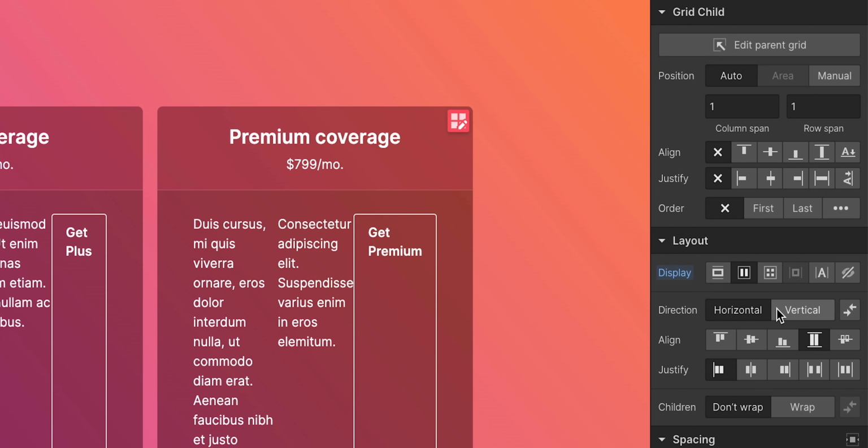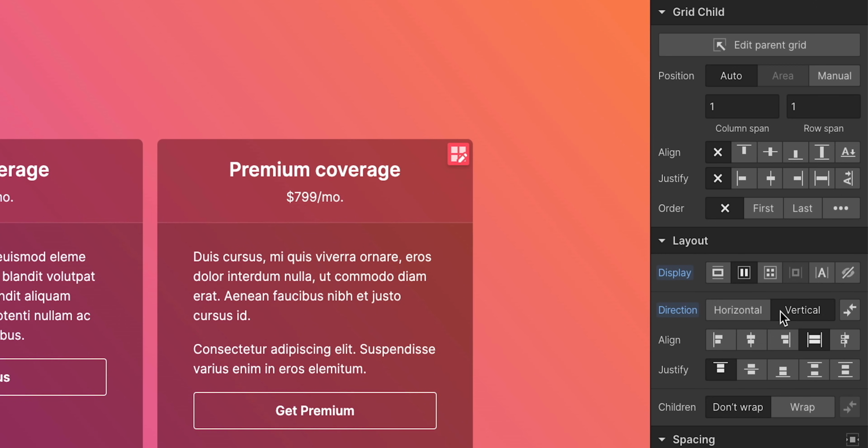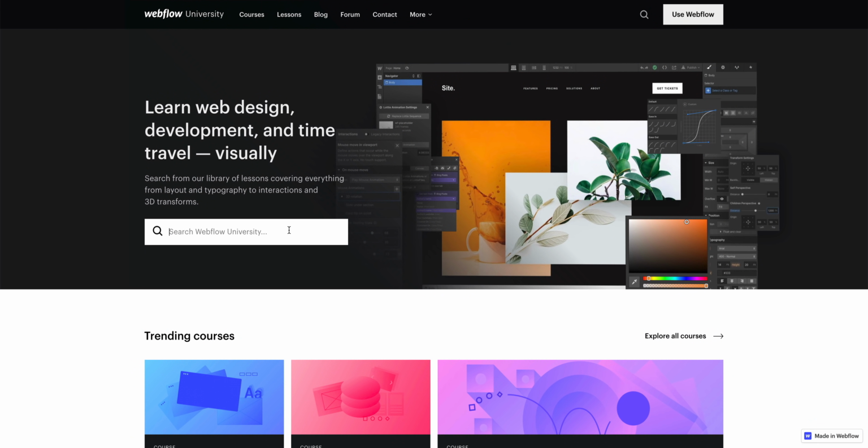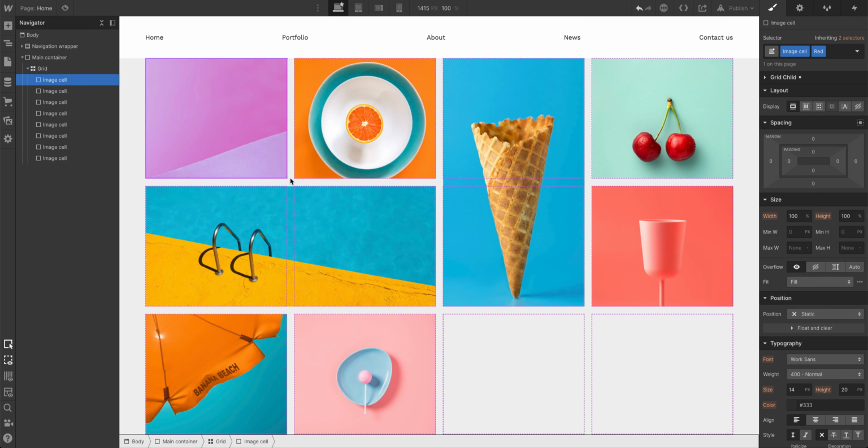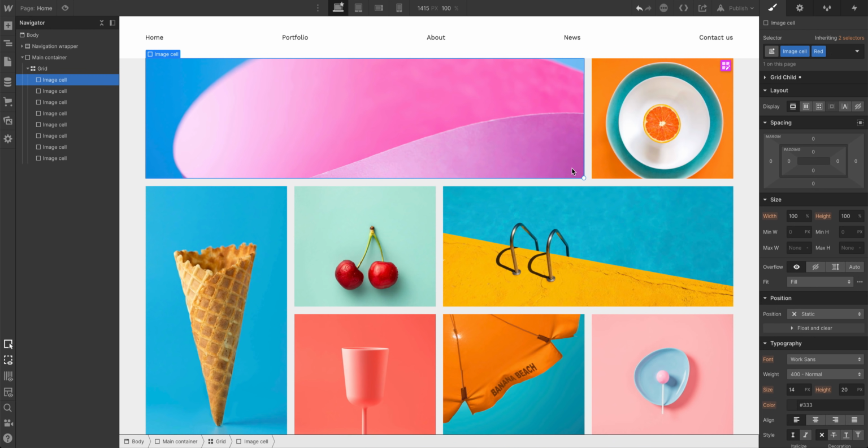Now, before reviewing, we often get the question, when should we build with Flexbox and when should we build with CSS Grid? Because we used both in the pricing example. Which one's better? These are great questions because we can often use different tools to achieve the exact layout we're looking to build. But what we did was create specific lessons on Webflow University that cover this. So if you're getting familiar with Flex and Grid, check out Flexbox versus Grid. And of course, check out all the things you can build with Grid itself.